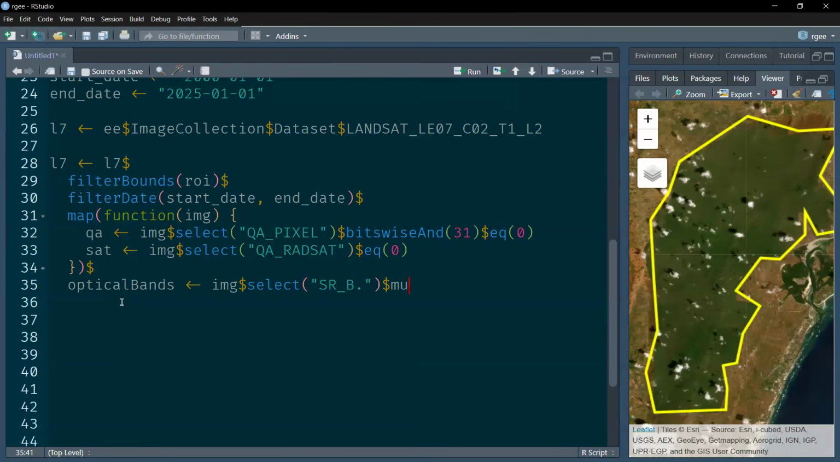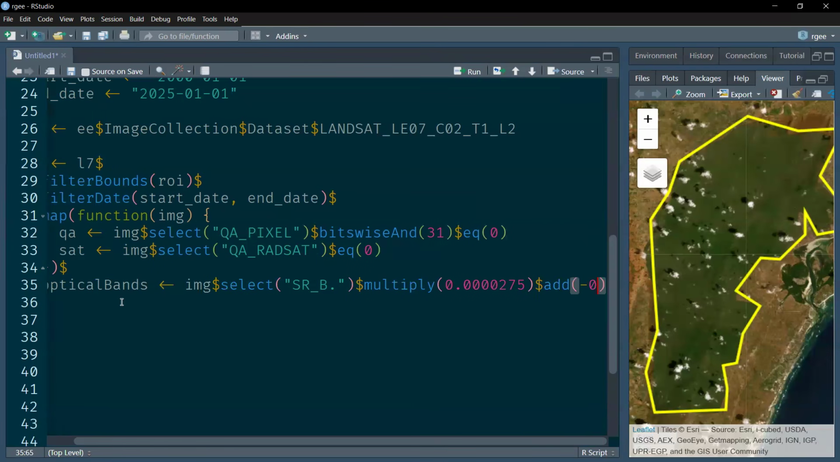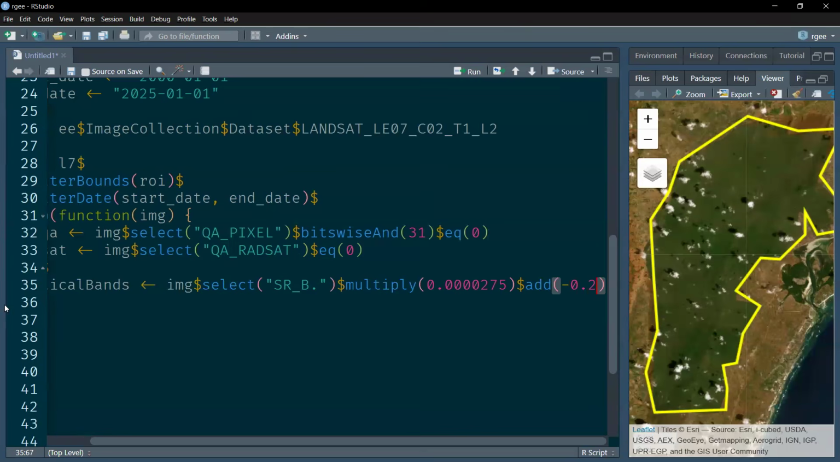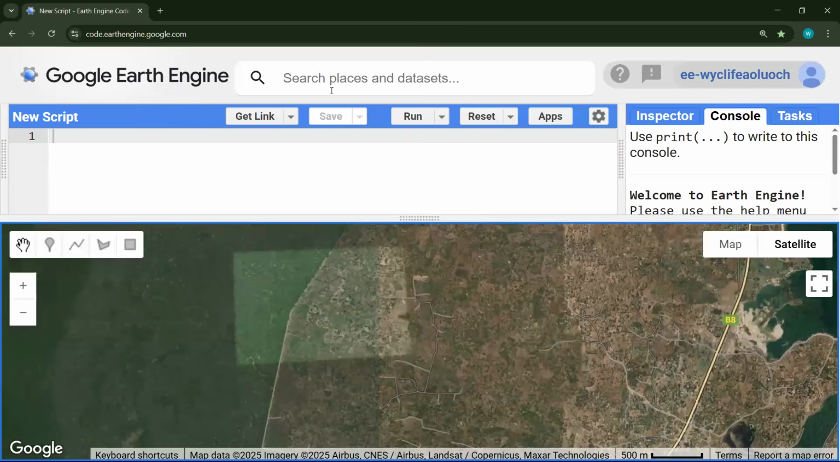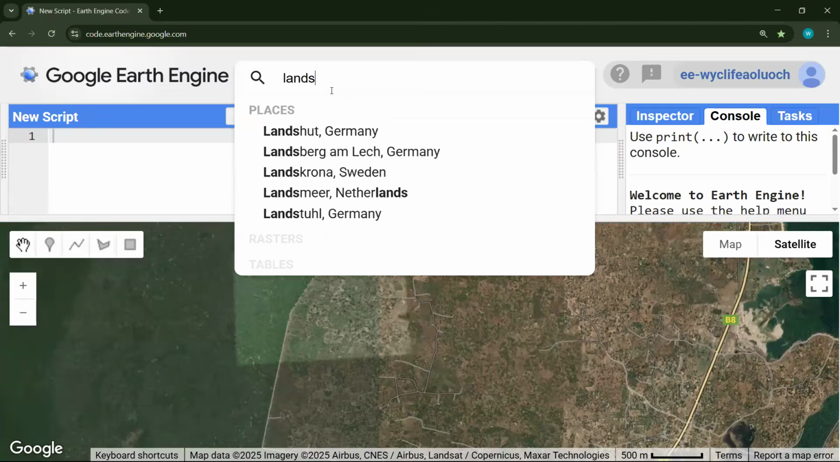So what do we do with them? We scale them, right? So we multiply them by 0.0000275, right? And then we add negative 0.2. Negative 0.2. If you are wondering where all these are coming from, if you look at Landsat 7,